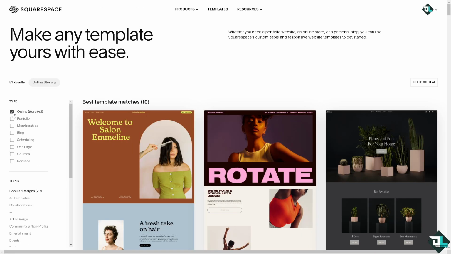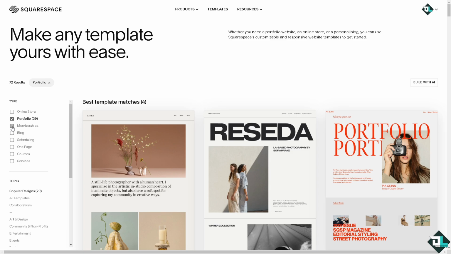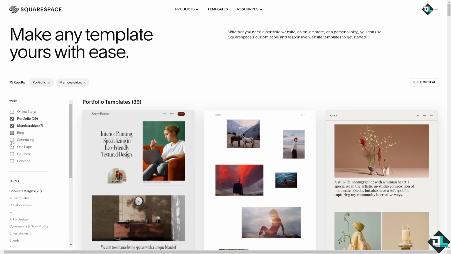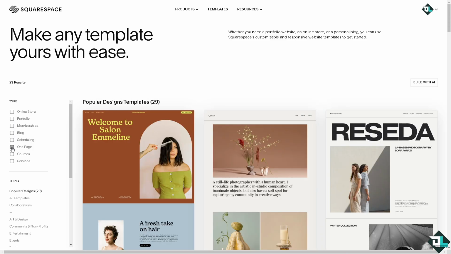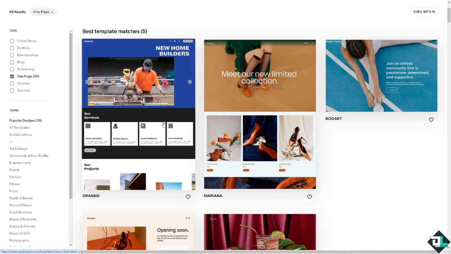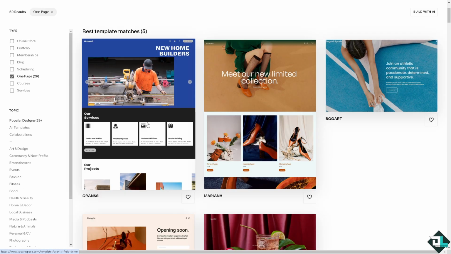If you click on online store, click on portfolio. So these are gonna be the options, blog, scheduling, one page. All right, courses and services. For example, we're going to use this one page called